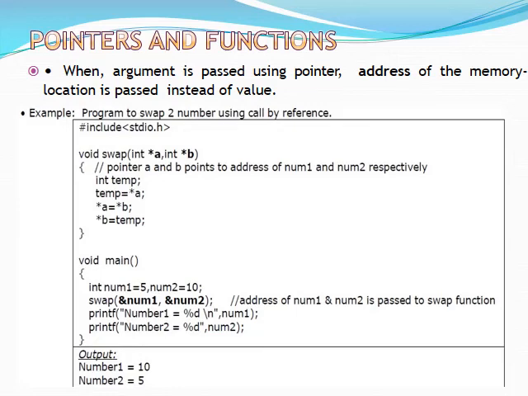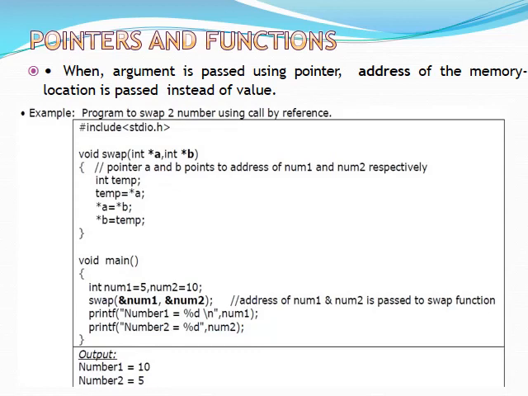So you can see here, initially we have taken the function part, void swap, and we have declared the variables as int *a, int *b, and in the body we have tried to swap the two numbers. The program is to swap two numbers. In the main part we have read two numbers, number1 has 5, number2 has 10. Then when we are calling the function, we are passing the addresses of those variables, that is &number1 and &number2. So the address of number1 is copied to pointer a and the address of number2 is copied to pointer b.